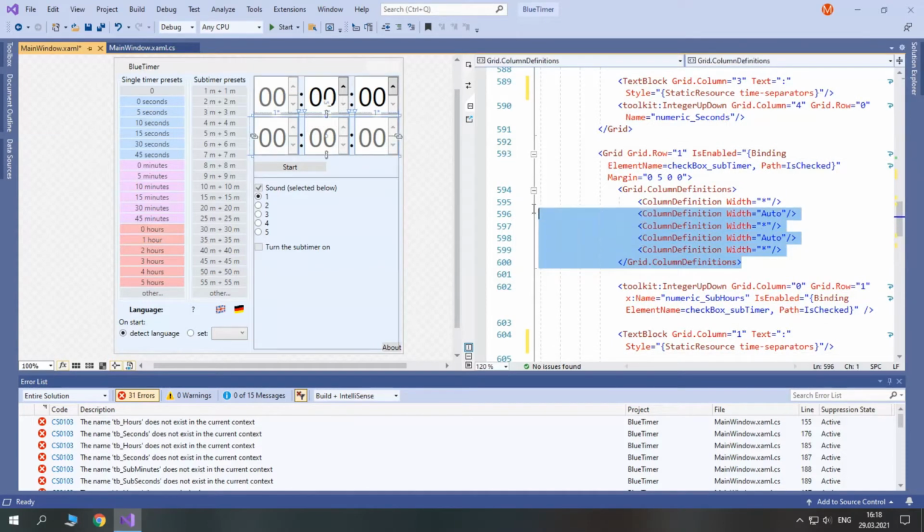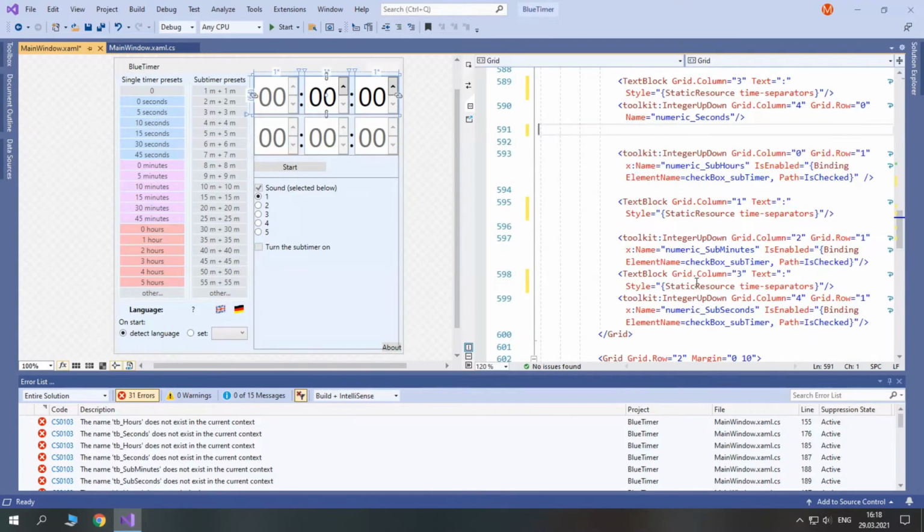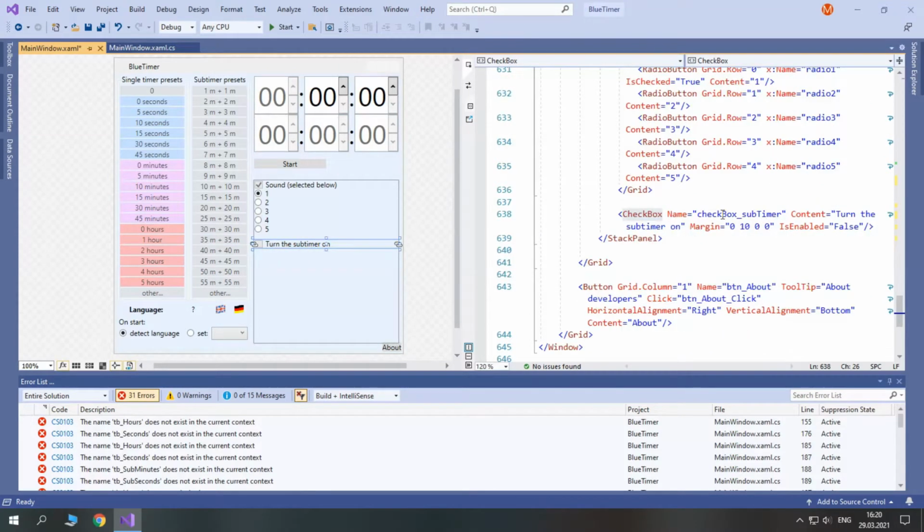We can remove all this. Now let's give grid row 1 to lower time separators. So here and here. Now let's move this checkbox for the subtimer up.